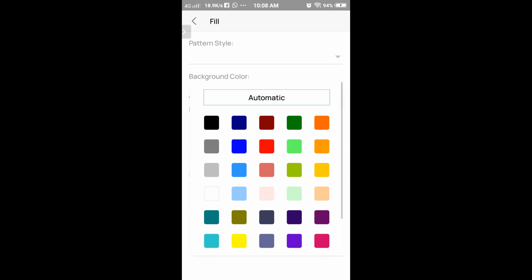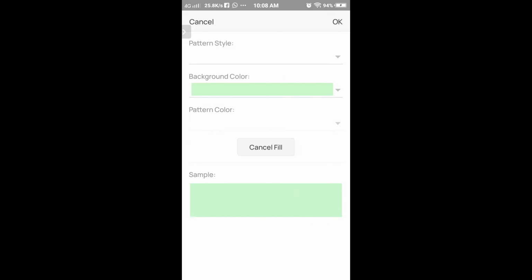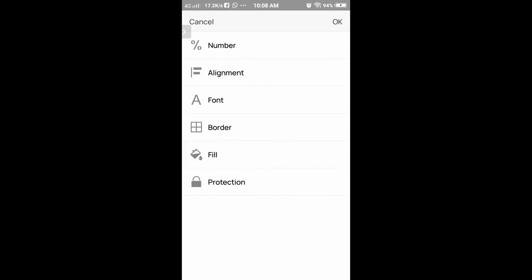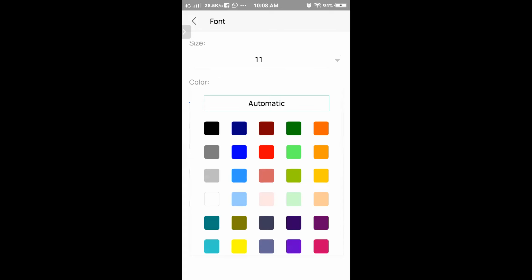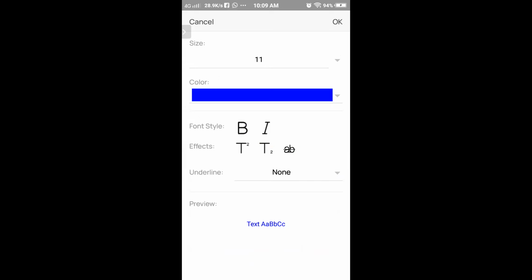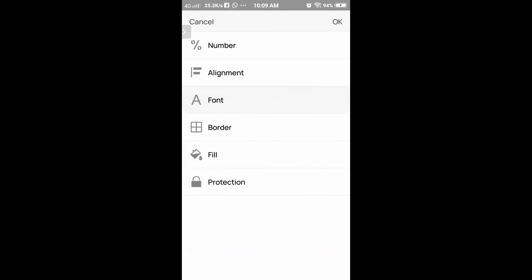Background color I want as this one. Okay. And font color, font size also you can choose. हमने light green लिया था for font background, तो इसको हम blue ले लेते हैं. And then okay, okay.